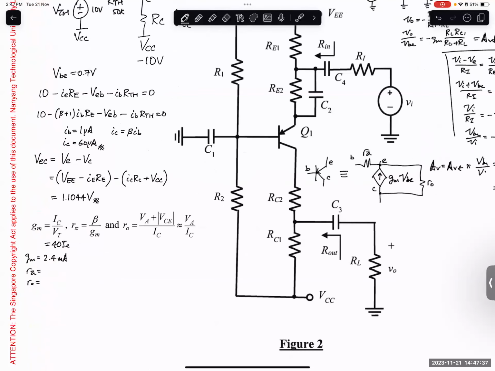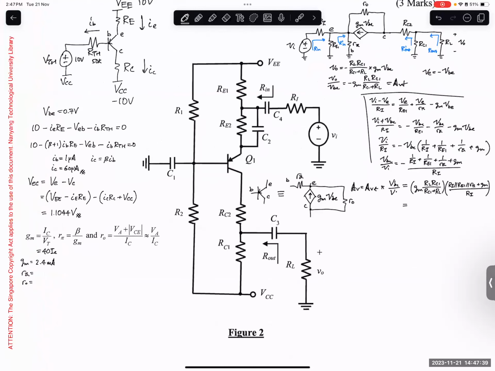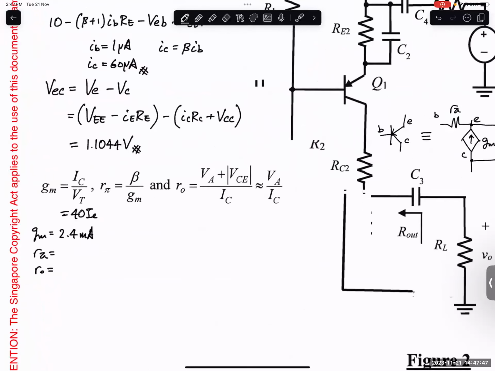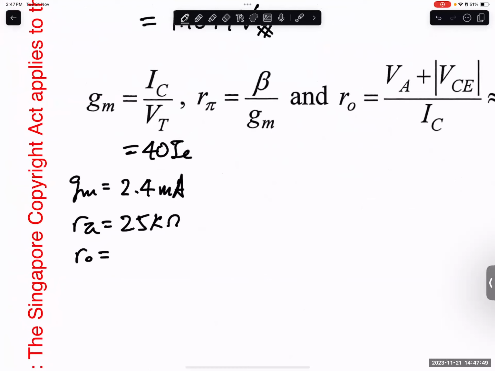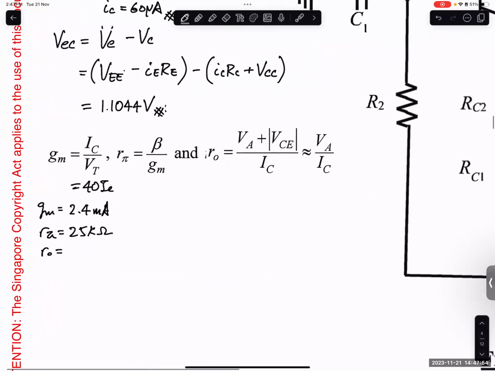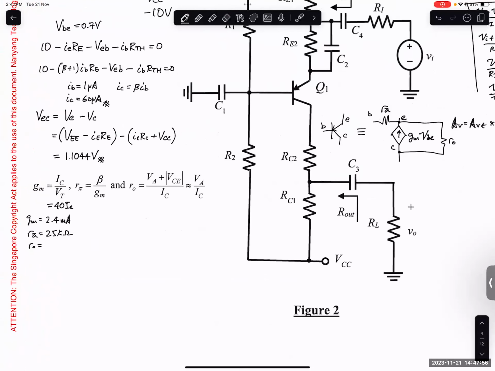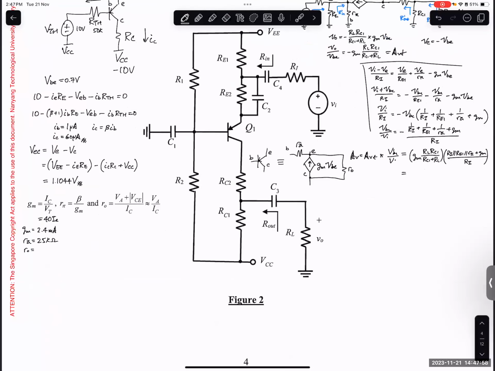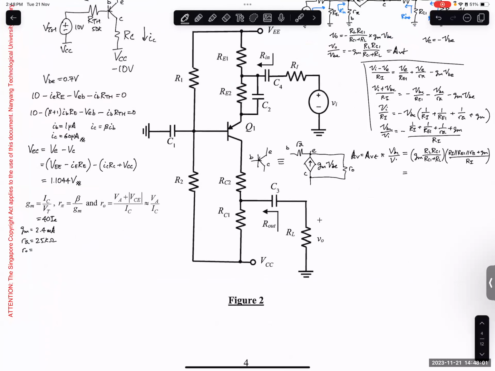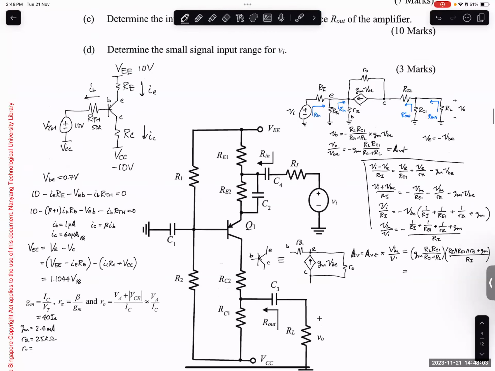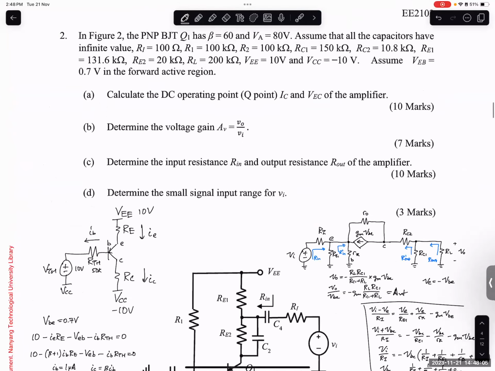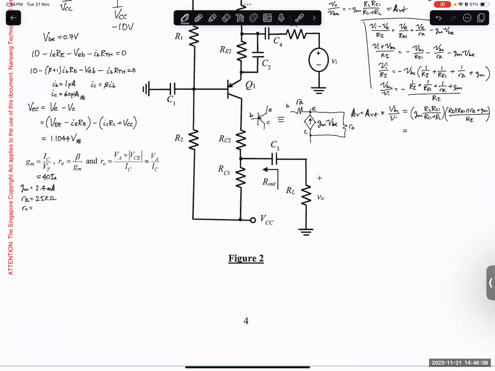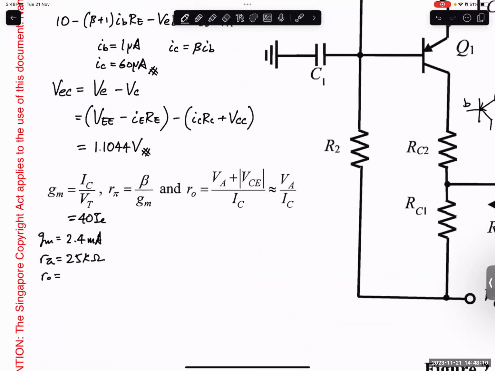Okay, so beta is 60 over GM, right? GM is just now we calculated, 2.4 milliamps. So in this case, R pi we get 25 kilo ohm. Right, R naught is just the early voltage divided by IC, right? So what is VA? Early voltage 80 volts, right? So 80 divided by 60 micro, right? We get